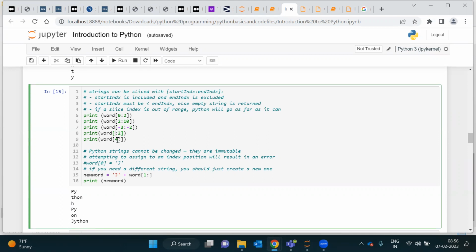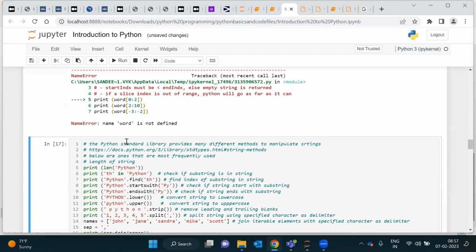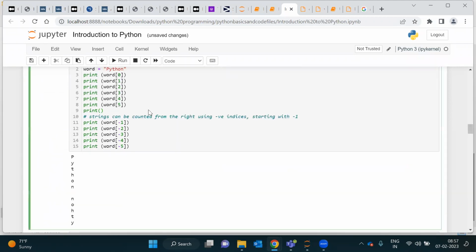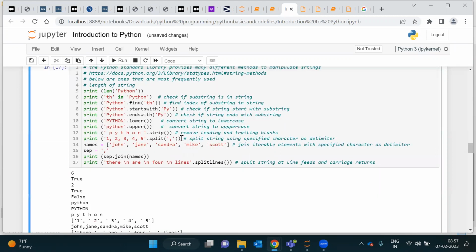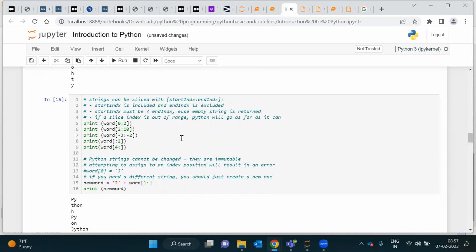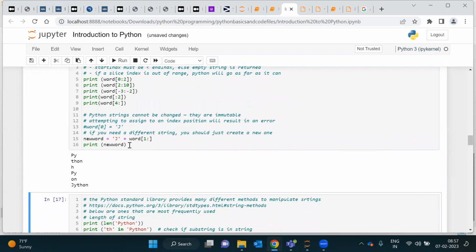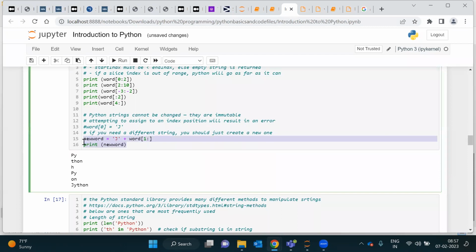And if I don't give the end index, it will understand that my ending index is the end. So here you can see,